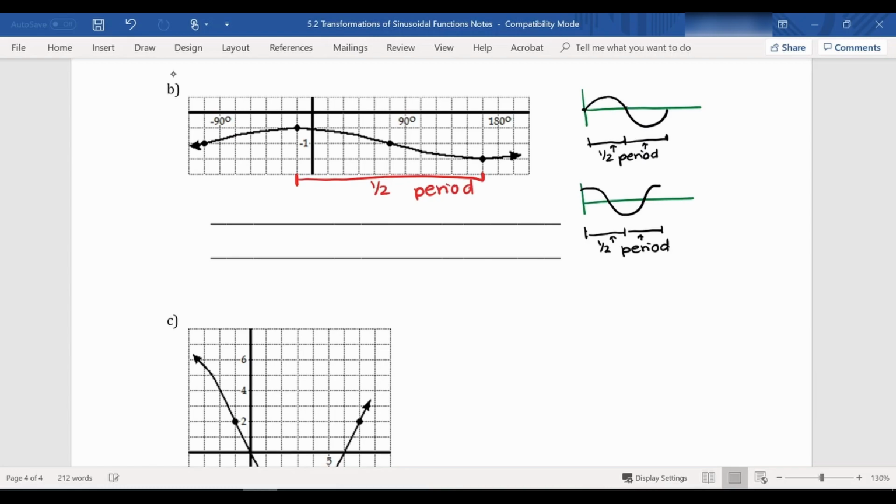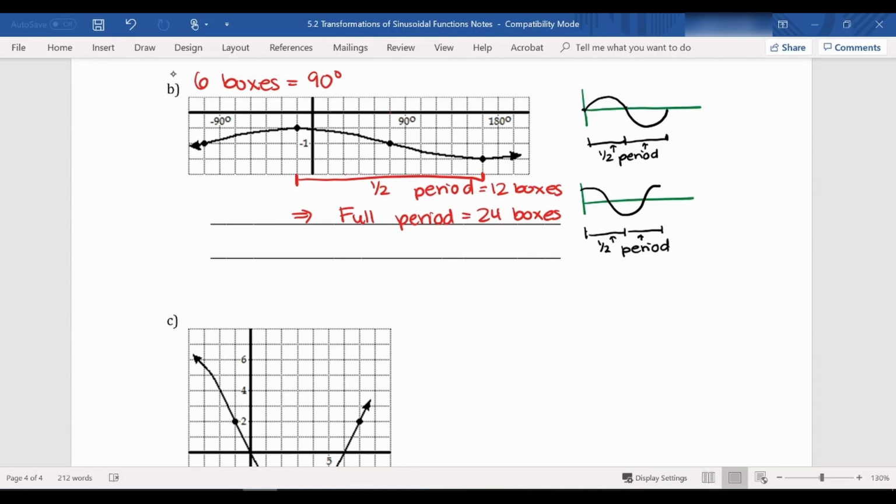And I see that I have 1, 2, 3, 4, 5, 6 boxes, which is 90 degrees. So what that means is if I count how many boxes are here, I'm going to be able to figure out how many boxes is one period. Okay? So I've got 1, 2, 3, 4, 5, 6, 7, 8, 9, 10, 11, 12 boxes. So if 12 boxes is a half period, this means that a full period is 24 boxes. And since 6 boxes was 90 degrees, 24 boxes must be